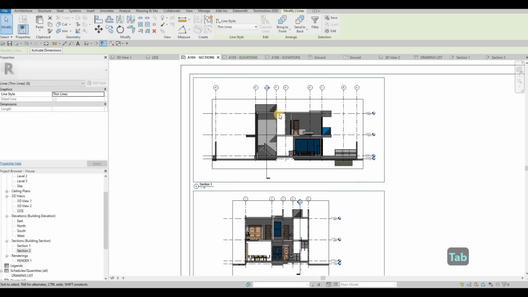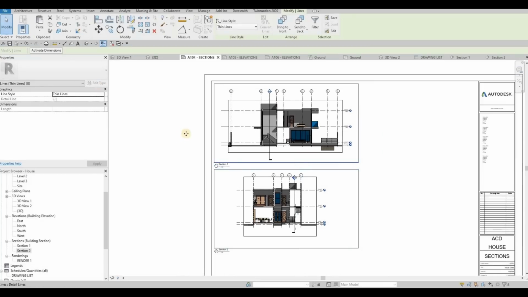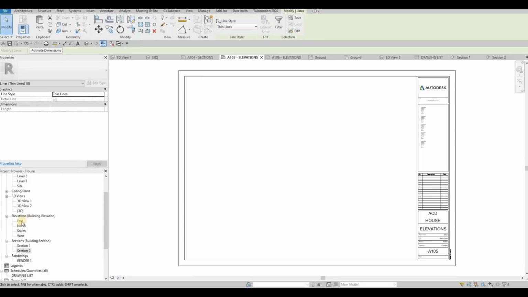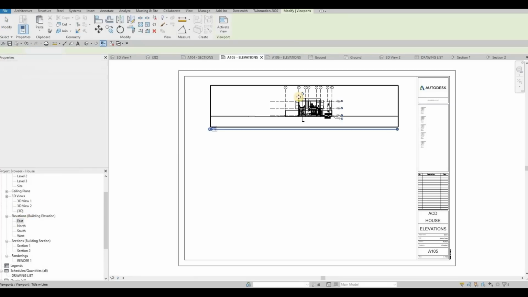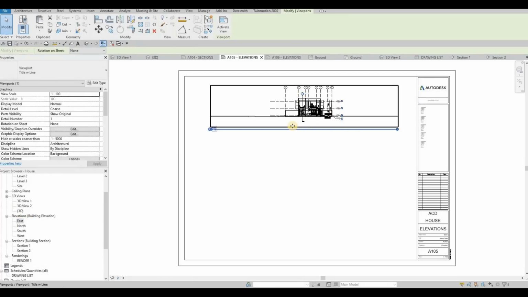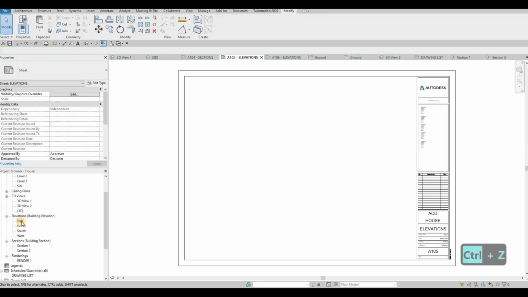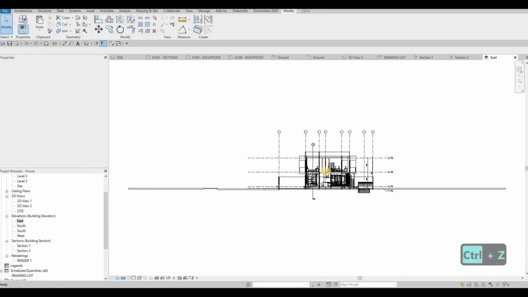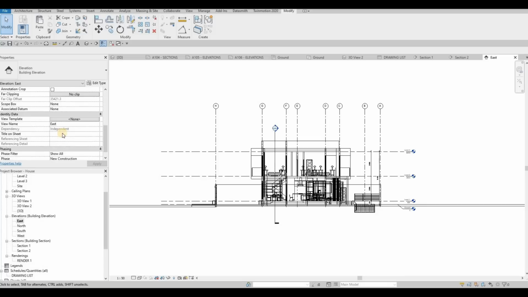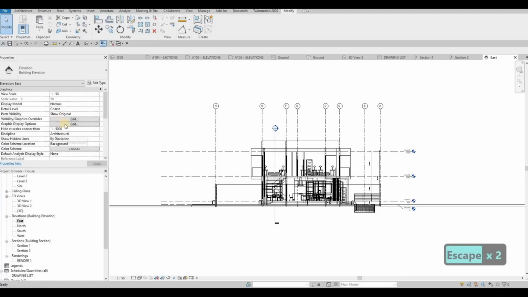both of these lines, because I'm gonna use that for my elevation. So I'm gonna copy to clipboard only the lines and go to elevation. I'm just gonna try one, and I already know that it needs to be 1:50 and change the information as well. So go to east, put it to 1:50. What we need to do is